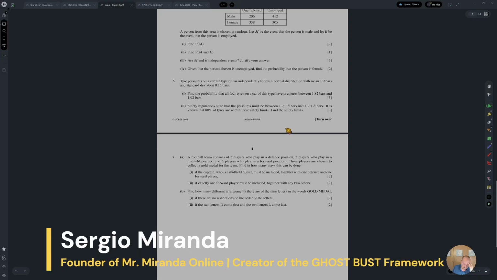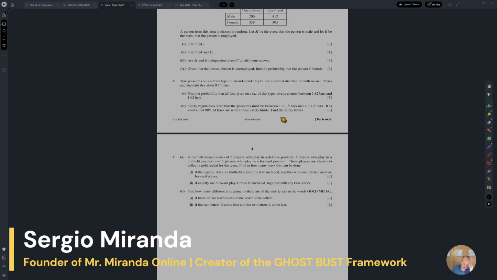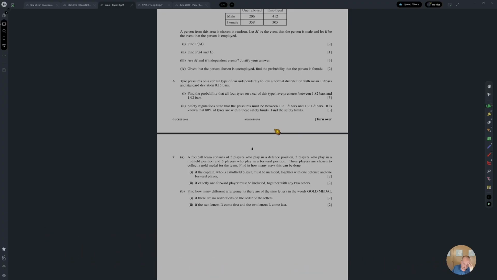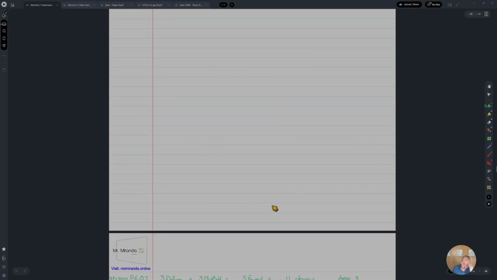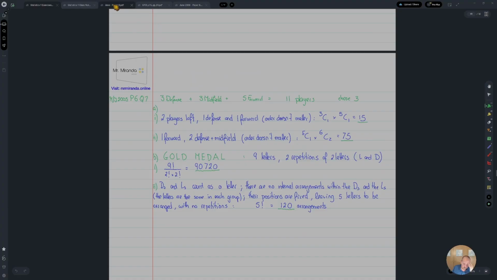Let's now take a look at some exam questions regarding permutations and combinations. The first one is from a May-June 2005 paper, the paper 6, and it's question 7 over here. Let me just check if this is correct. Yes. It says,